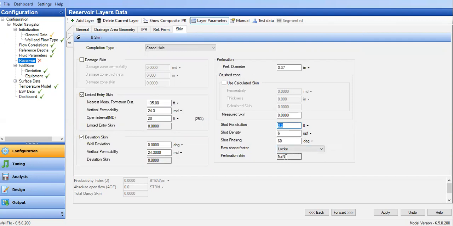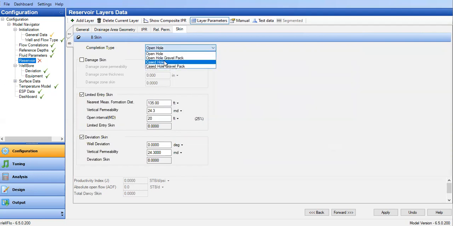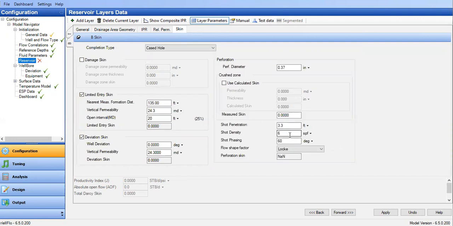That's why the perforation skin is still none here. Just change it to, okay, oh, this is an error. So this is 1.35. Okay, so now you get the perforation skin, and the productivity index 7.77, lower than